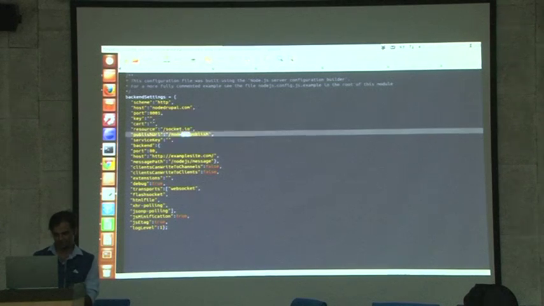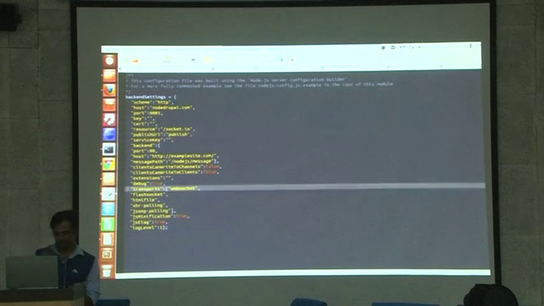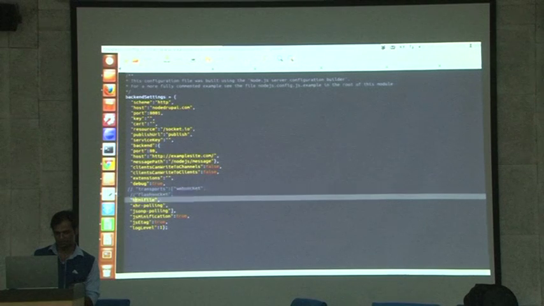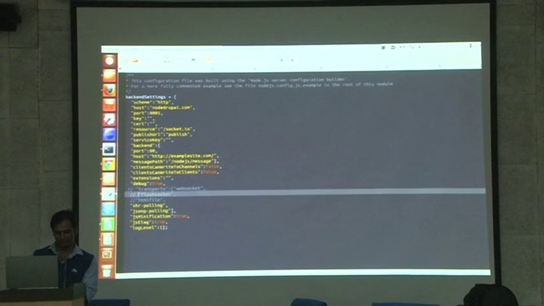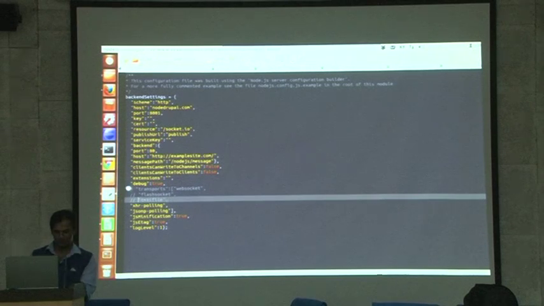Somehow this path is incorrect. The correct path is publish. And because I have an x64 system, socket.io flash socket and HTML does not work, but it works on most of the servers. So you don't need to worry about this. So now my Node.js configuration is saved. Now I can